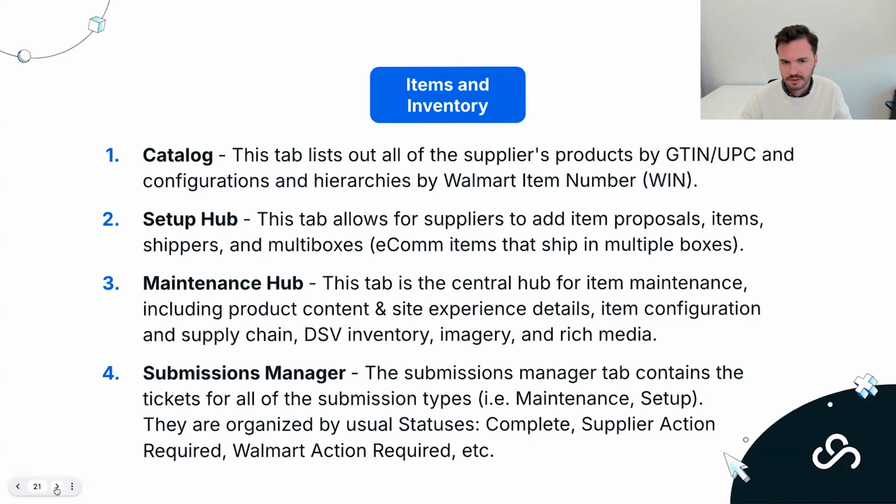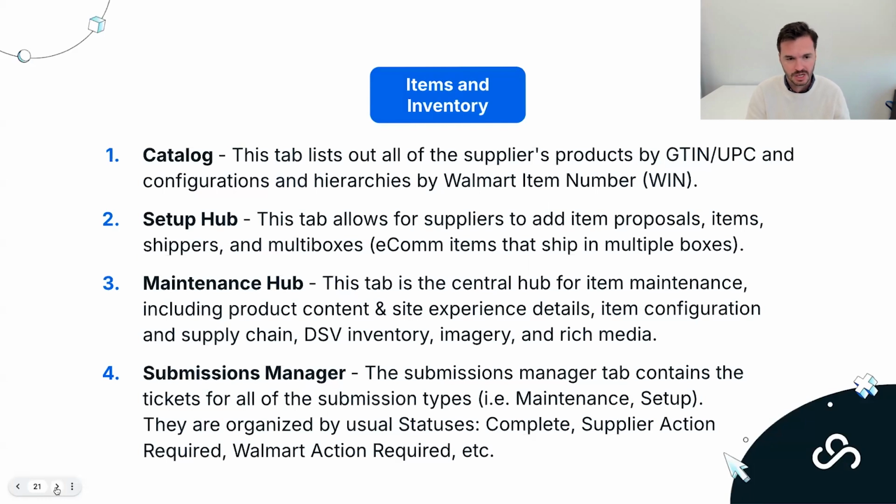Maintenance Hub, I talked about this a little bit already, but this is where you can go in for everything that falls under the big umbrella of item maintenance. So you have product content, site experience details, which is just all the rage right now. It's so important to have good SEO within the .com platform. And then item configuration and supply chain, DSV inventory, imagery and rich media. Again, these are the big things that everyone's talking about when it comes to really growing your Walmart business, or really growing your retailer business in any of the major retailers, is having that .com